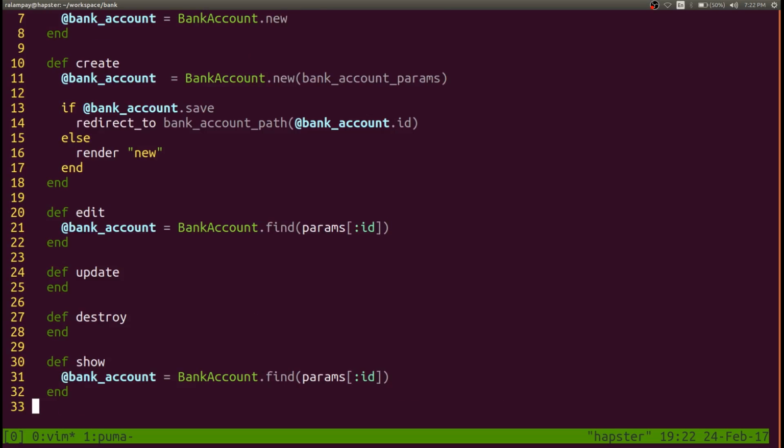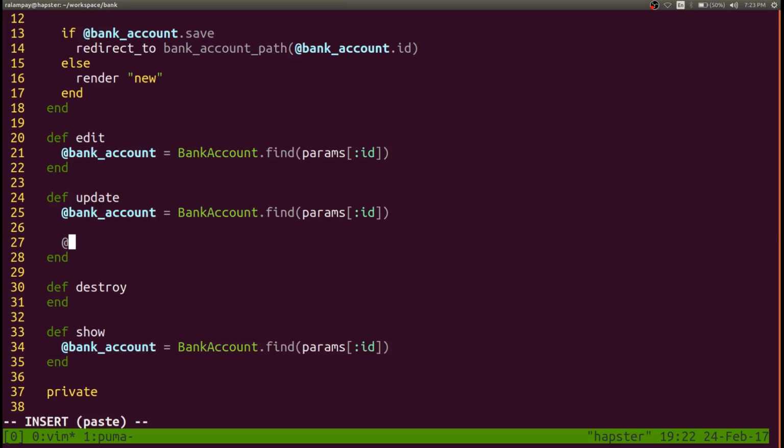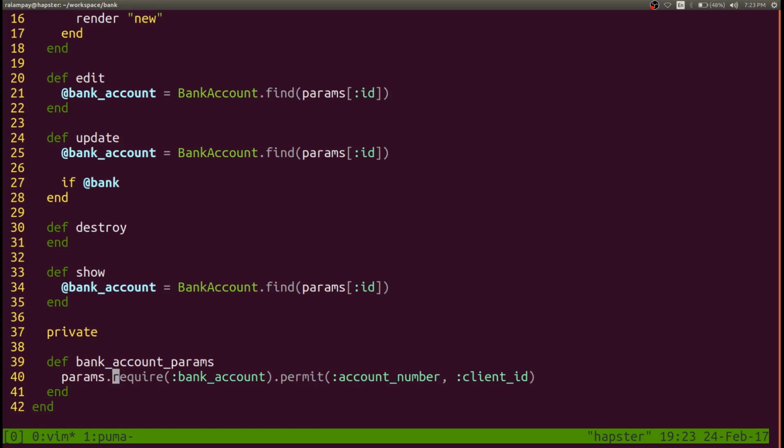So for bank accounts controller, we can use that parameter ID to fetch the bank account that we'd like to edit, right? And then try to save it. But before actually saving it to the database, we have to use our params method right here again to pass the information from the form into the bank account object. So we try to update it by calling the update function and pass to it the method bank account params,